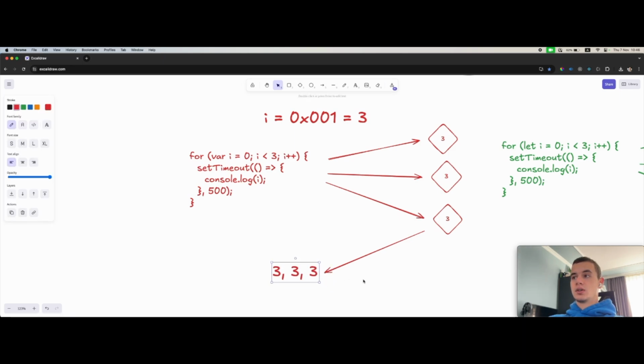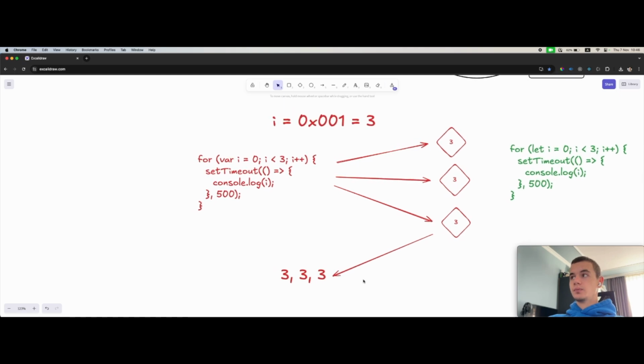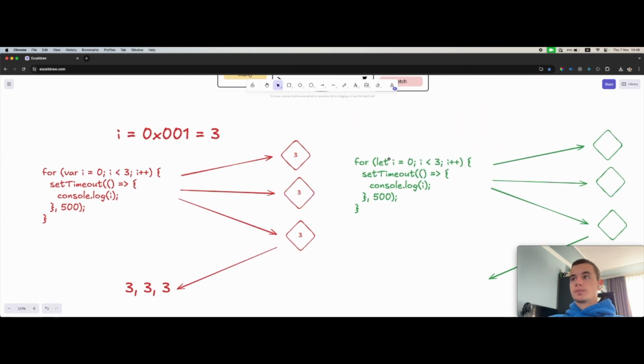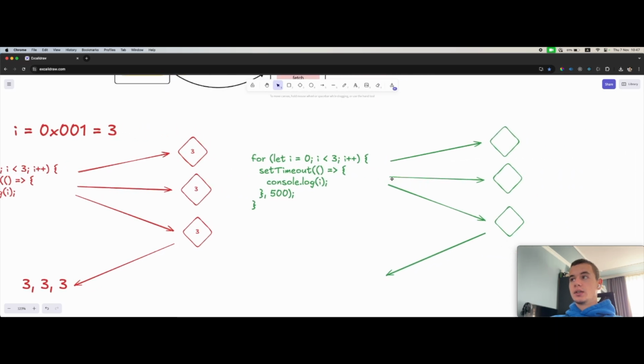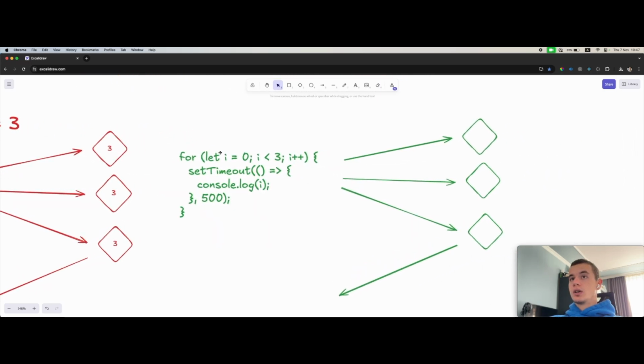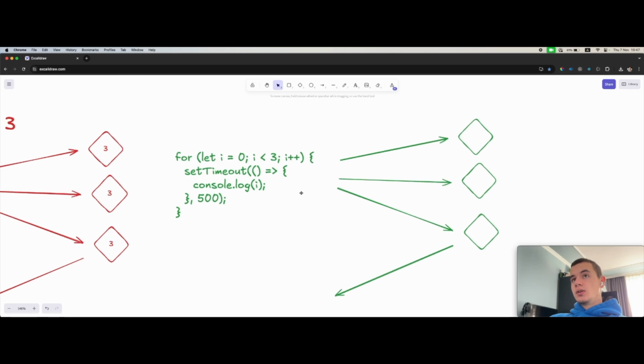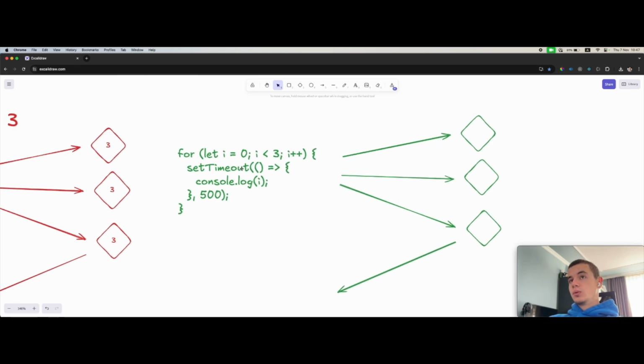Hopefully you get it. We'll see what happens with let. On the other hand, we have here let instead of var. We have replaced var with let, and we know that let is block scoped, same as const. So when we execute the same for loop with the same logic basically, but use let instead, the thing that